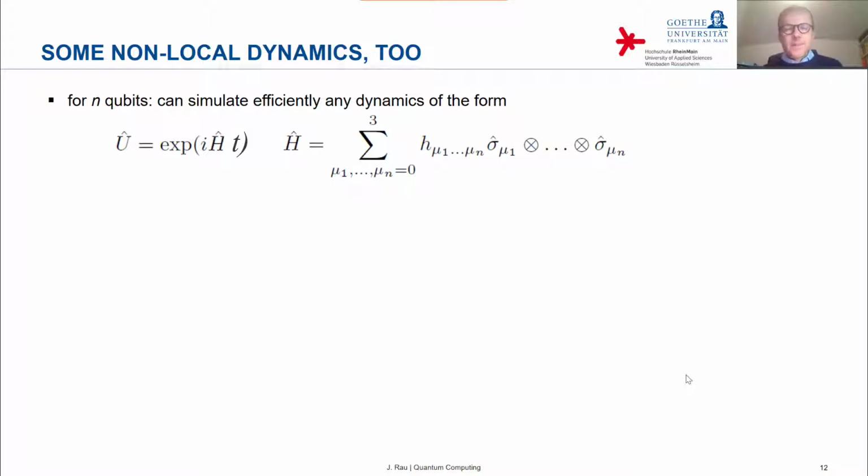So you can check that and derive that for yourself. You can show that for n qubits, now we are talking not about arbitrary particles, but specifically about systems of n qubits whose dynamics is governed by a Hamiltonian in that standard form, with